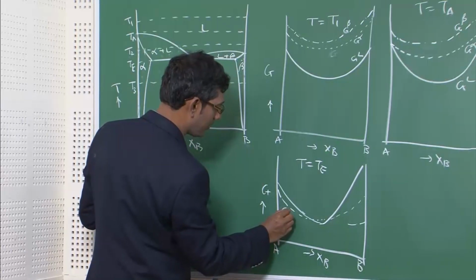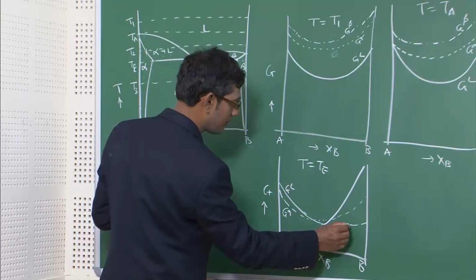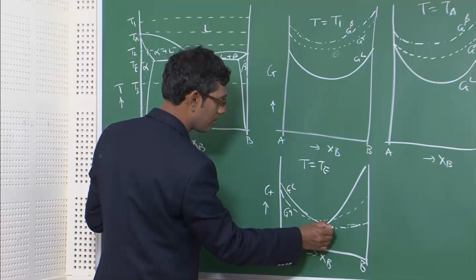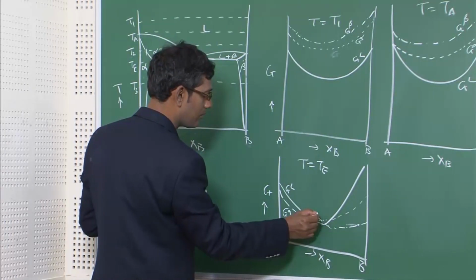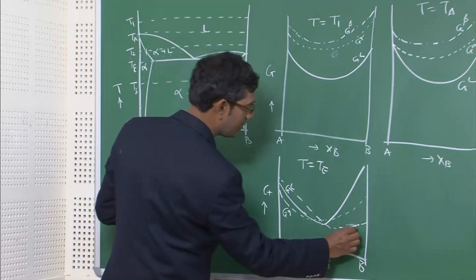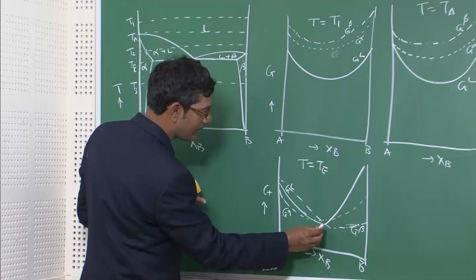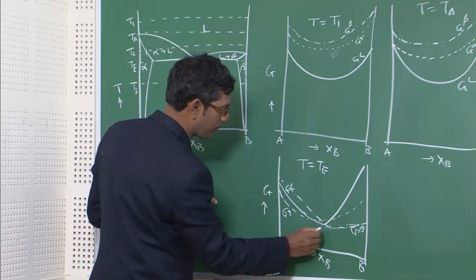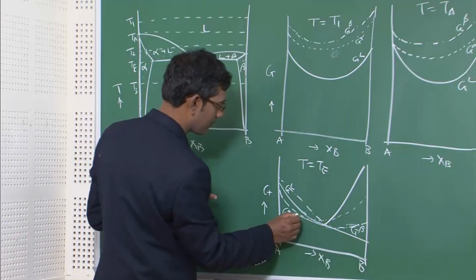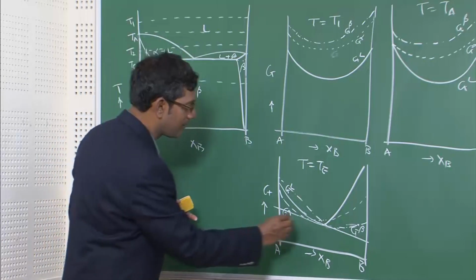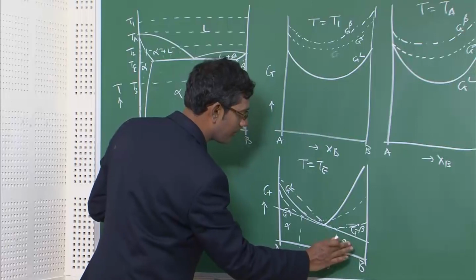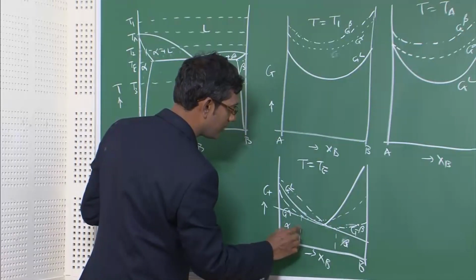Okay, let me just put it, this is alpha, this is liquid, beta will be... okay, this is beta. So you can clearly see, although I have not been able to draw properly, these three curves are common tangent to each other, and these two points which you see here, alpha plus liquid, beta plus liquid, these two regions, this is pure alpha,